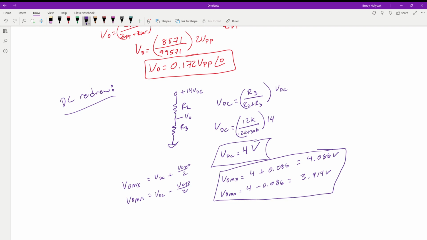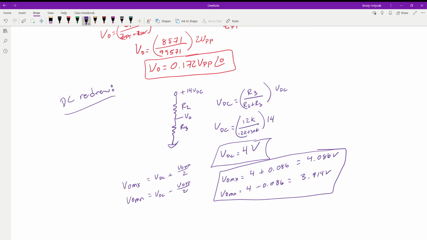We have the ability to go from our AC portion and look through the whole circuit, see what's going on, and make some assumptions as needed. If things in parallel are greater than 10 times its value, then we can treat it as an open. If it's in series and it's 10 times smaller, we can treat it effectively as a short, which is just going to simplify everything down. So in this circuit, we got rid of a third, half the calculations needed, and these values aren't going to change that much.